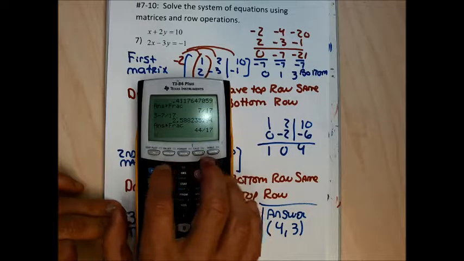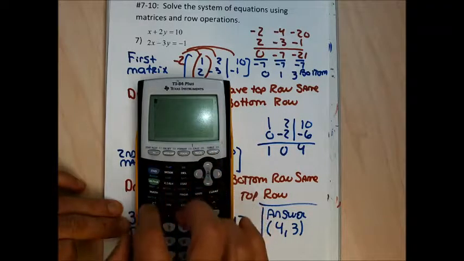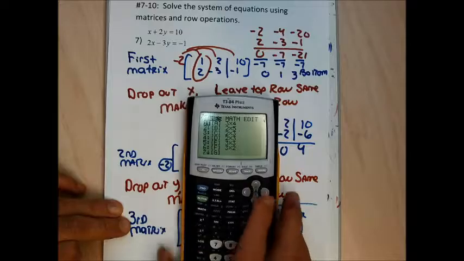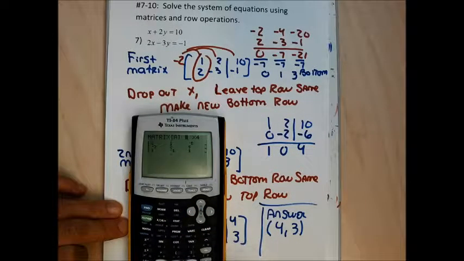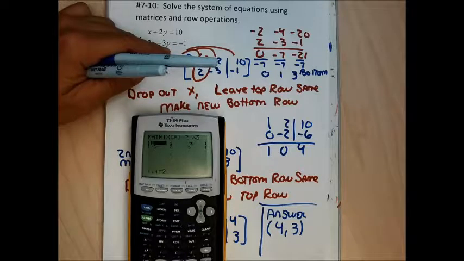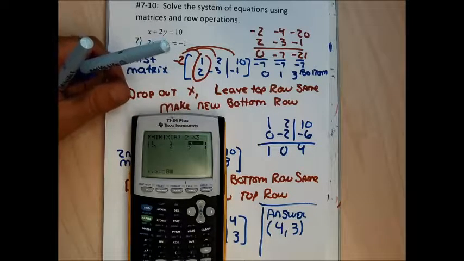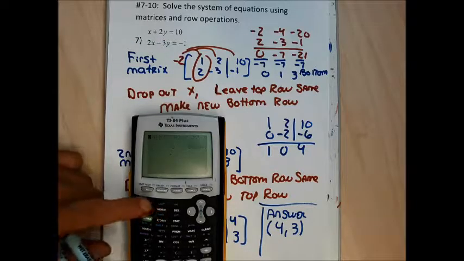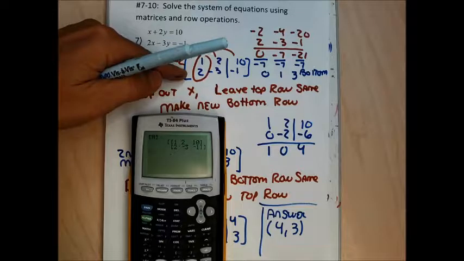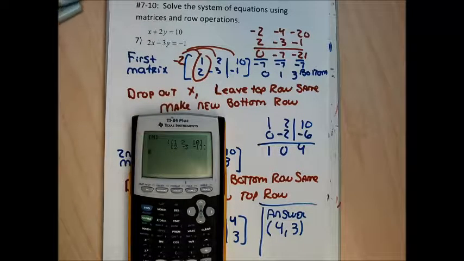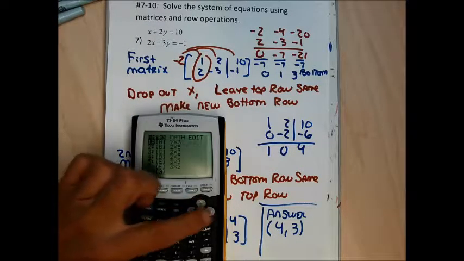So let me enter this on my calculator real quickly as a 2 by 3 matrix. In matrix A, I'm going to enter a 2 by 3 matrix. Enter this: 1, 2, 10, 2, -3, -1. Double check that I've entered it right. So 1, 2, 10, 2, -3, -1. It's in right. So now second matrix, math,